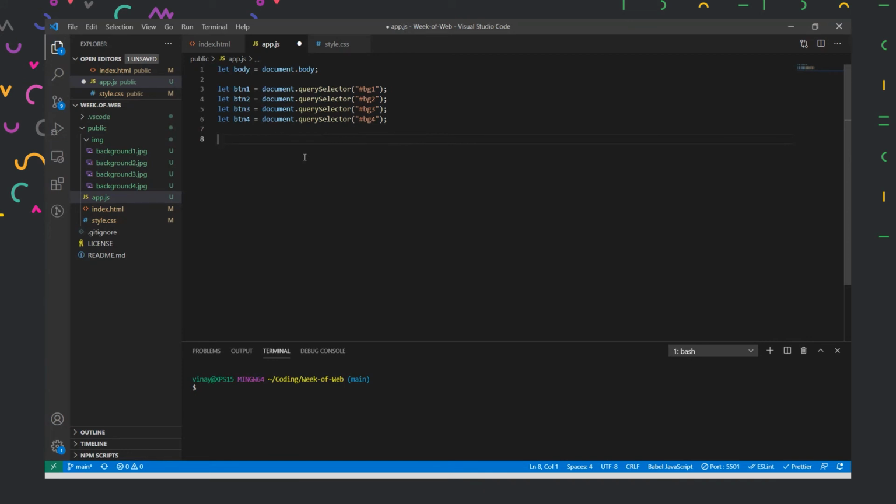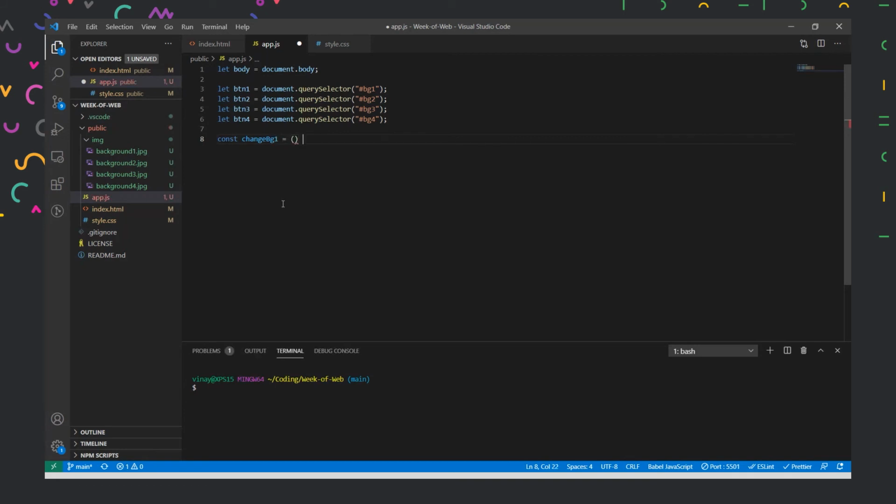So first of all, I'll create functions for them before we make any changes, because inside our addEventListener, we need to add a function as well. So for each of them, I'll create a function so that it will actually run when I trigger the event listener. I'll call them, let's say, changeBackground as their function name. And for each of them, I'll create one function.